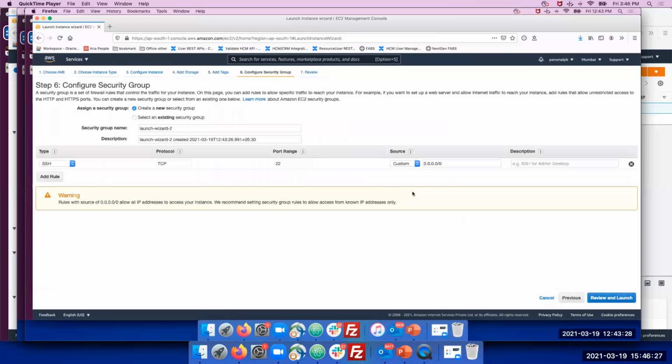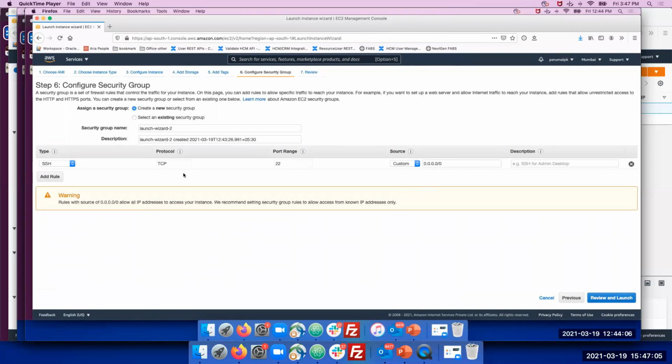Here the security group is nothing but a firewall for our EC2 instance. We can define the inbound and outbound rules based on our requirement. By default, SSH is enabled as an inbound rule, and outbound rules are enabled for all traffic, which means all ports. For inbound rules, it's enabled only for port 22 for the SSH process.